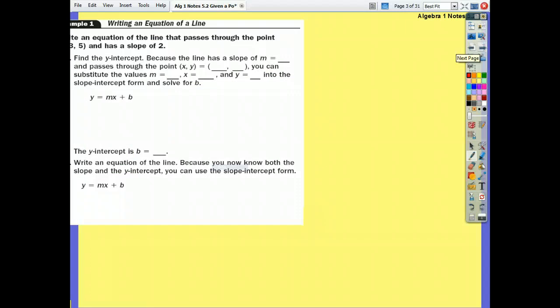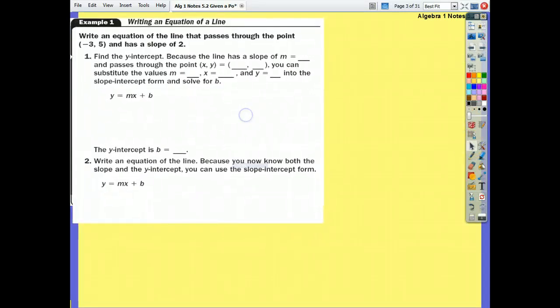On this problem, they tell us to write an equation of the line that passes through the point at -3 and 5, and it has the slope of 2. Well, let's label all of those numbers they just gave us. What would we label the -3? X, because it's an ordered pair, so -3 is the x. What's the 5? That's our y. What's the positive 2? So what letter? M. Right? So what we need to find now,